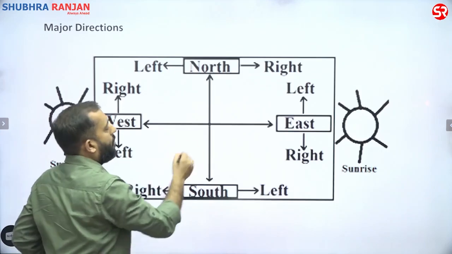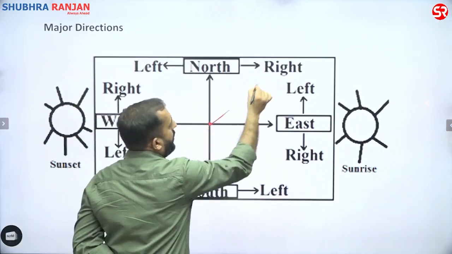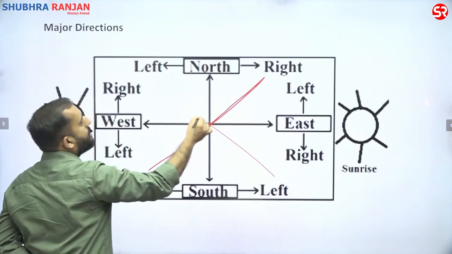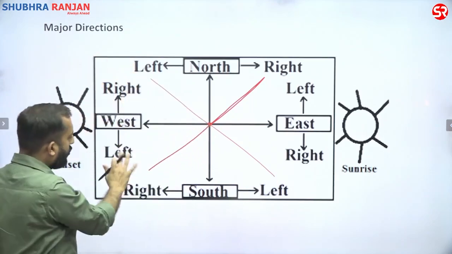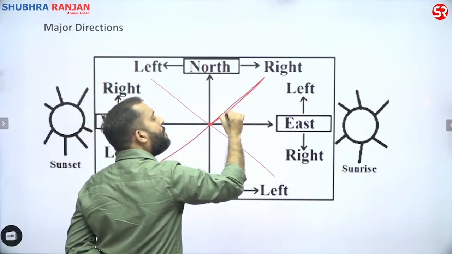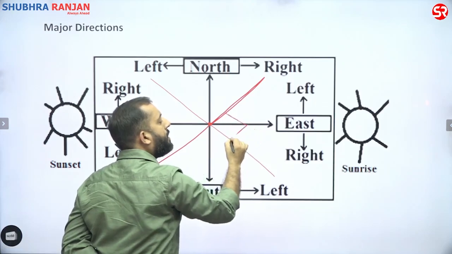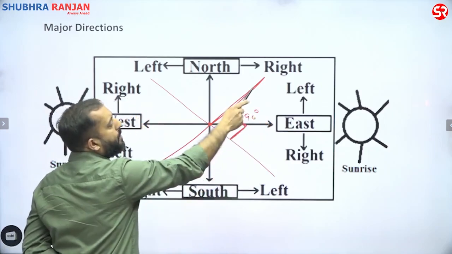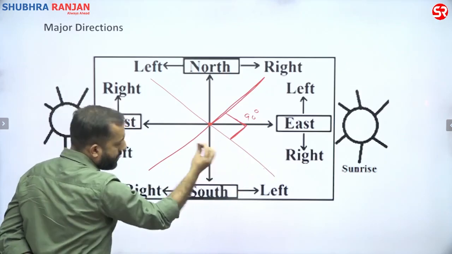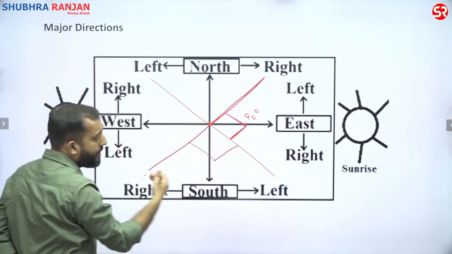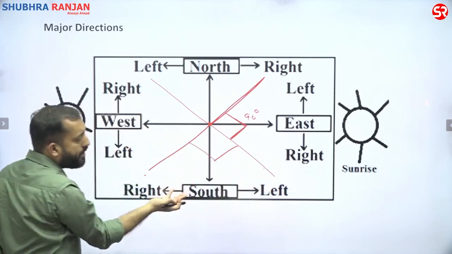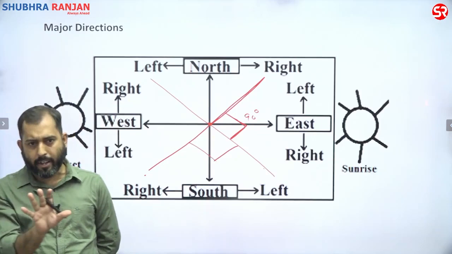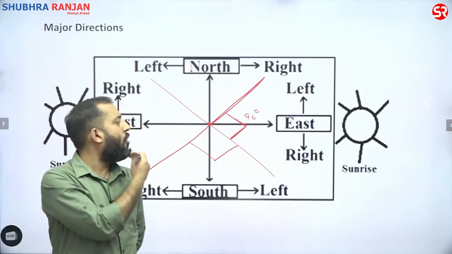Now this is northeast, this is southeast, southwest and northwest. Similarly, the angle between adjacent minor directions is again 90 degrees. The angle between northeast and southeast is 90 degrees. The angle between southwest and southeast is 90 degrees. I hope this is clear to everybody. There is no need to write it down. We are just revising it. It's a very simple scenario. I feel we all know it.